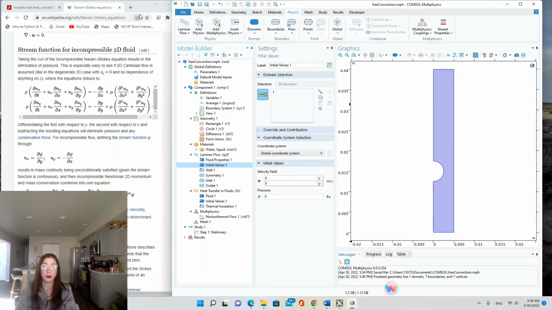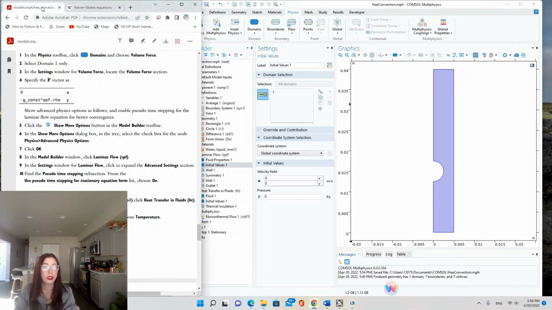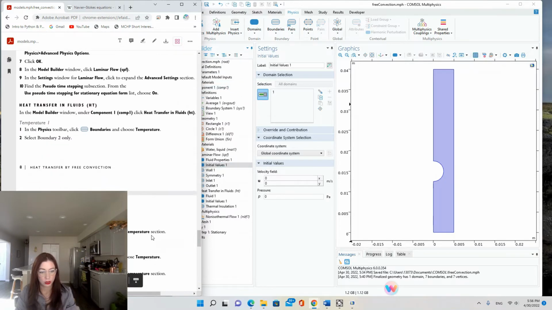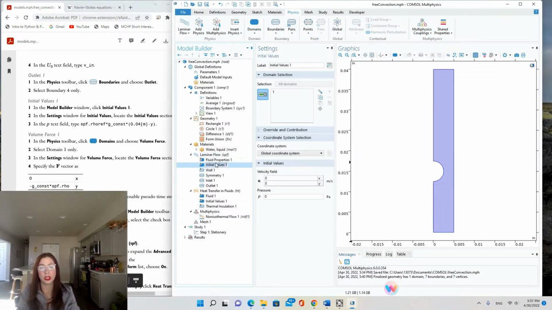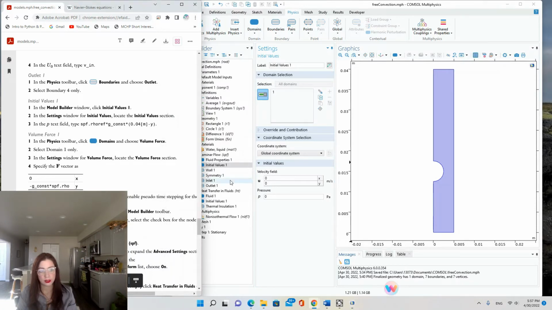And you should always be able to do that with your problem by breaking down the order of your partial differential equation to figure out how many initial or boundary condition values you need to set. So we're going to initial values. It's already here, so we don't have to add that condition like we did for the symmetry and inlet and outlet. In the settings, find initial values, and in the P text field, type